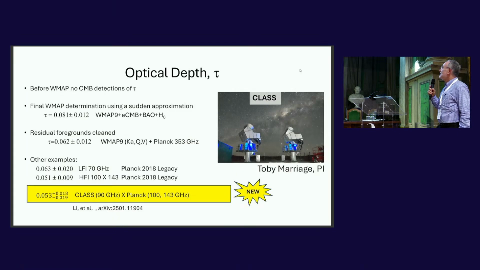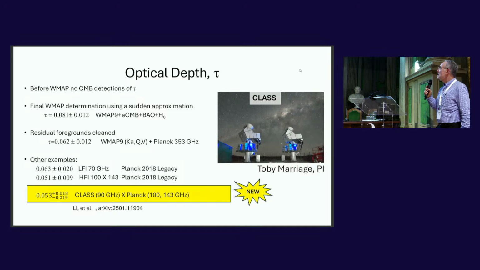And by cleaning the WMAP data, it reduced the optical depth somewhat here. And there's lots of published values of optical depth now with different data combinations and different analysis techniques. I'm only putting two of them up here to basically show that the value seems to be settling down,